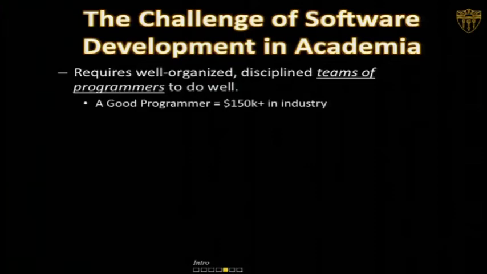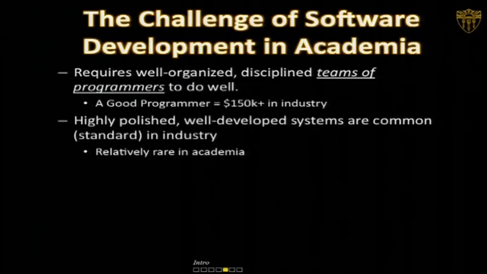Well, not that Google's the dark side, but to work for companies which are based upon profit and trying to make money for themselves. They can actually make a lot of money by doing this kind of work. And so trying to build really polished, well-developed systems within academia is actually quite hard. It's relatively rare to find really production-level systems that are as well developed as Microsoft Word or any other kind of programs that achieve a difficult, highly engineered system, but developed within academia under academic funding mechanisms.